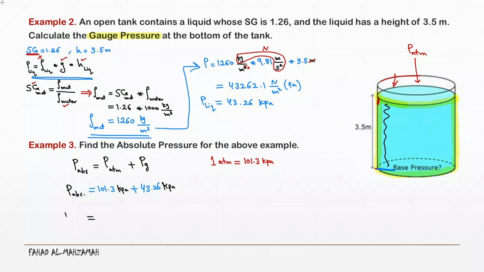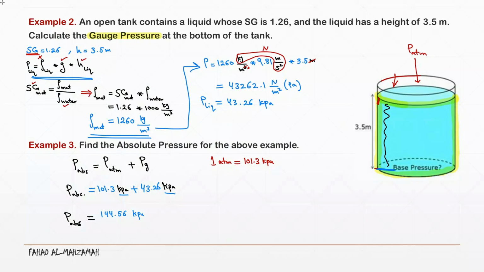So, the answer of the absolute pressure is equal to 144.56. The unit is kilopascal because both units are consistent. Both units are consistent. So the last question, I will give you just the hint. Okay, it is a very typical question. Okay, it's a typical question actually to understand the idea of